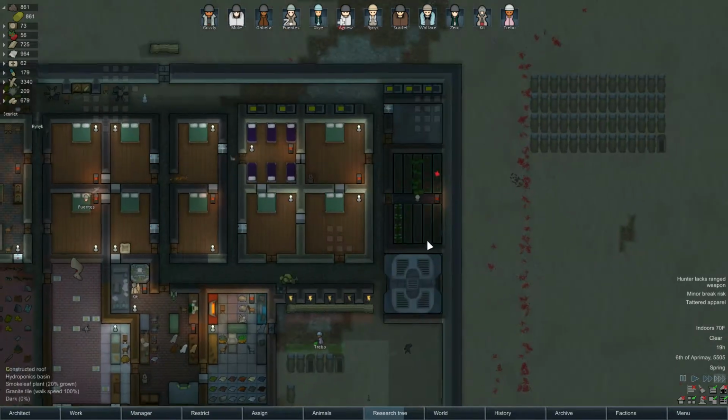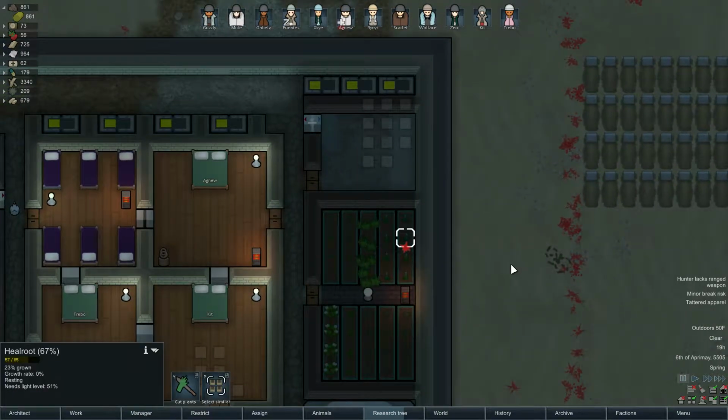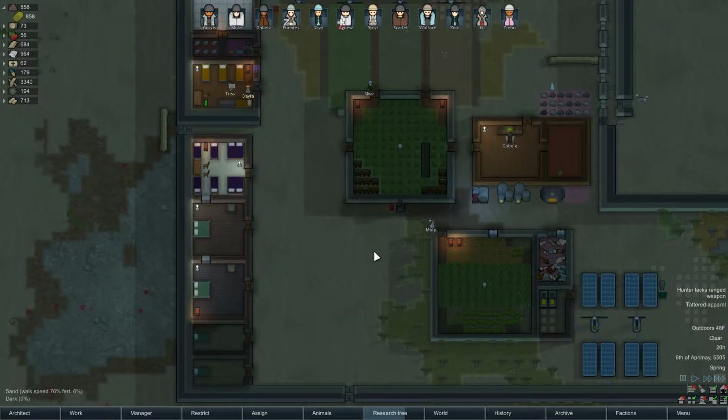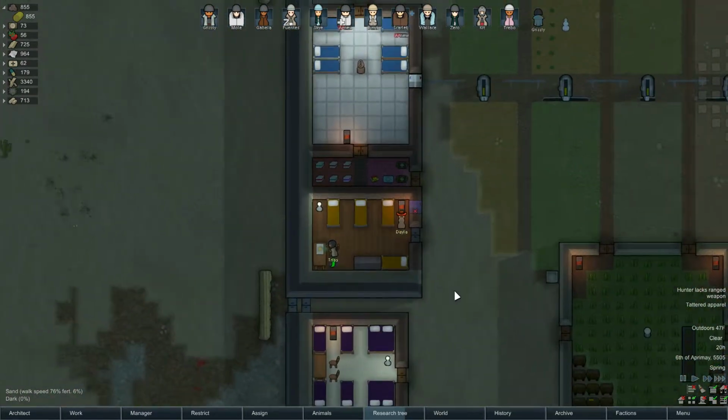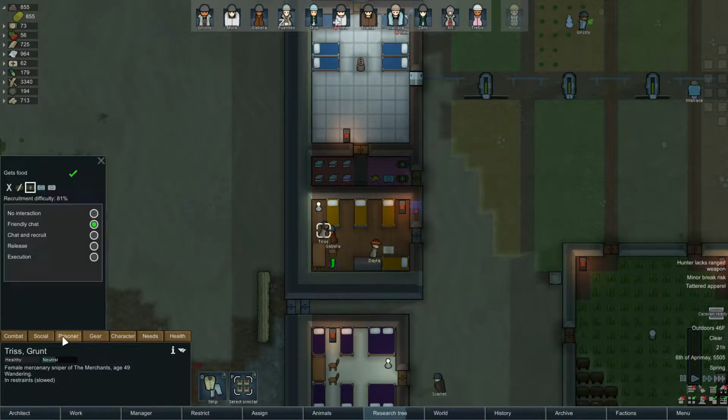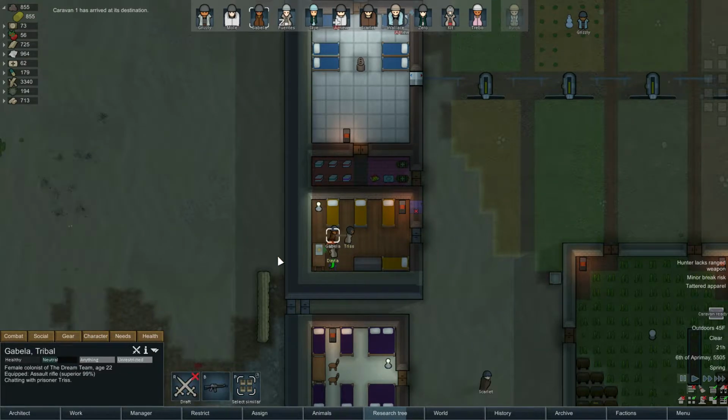Hydroponics basin's broken down, which means these will die. I mean, I still feel... Oh, we have a couple prisoners we're leaving behind. What do we do with them? We were chatting and recruiting them, right? Oh, right, we were doing...